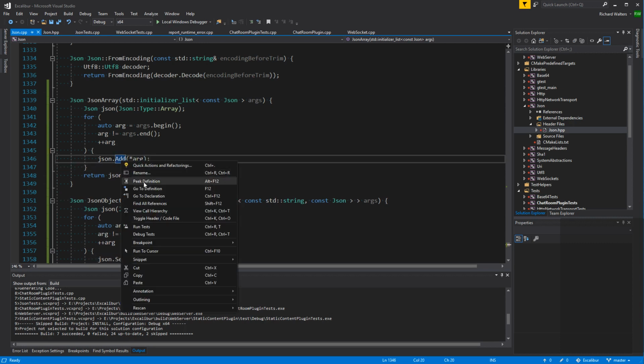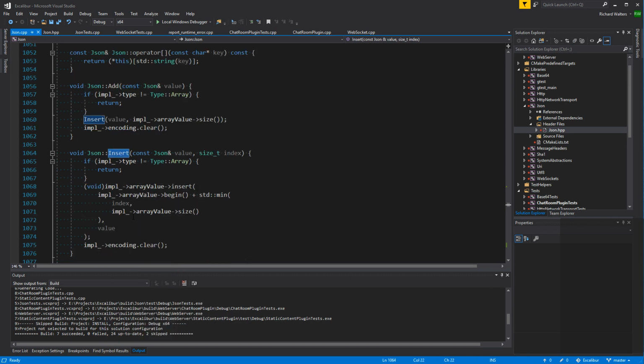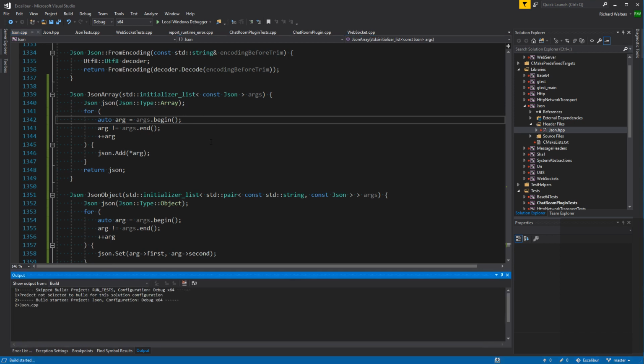Because what add will do, I think, is a pushback. Okay, no, it inserts it at the end. So that's not going to pre-allocate, but build it one at a time, but should still work.